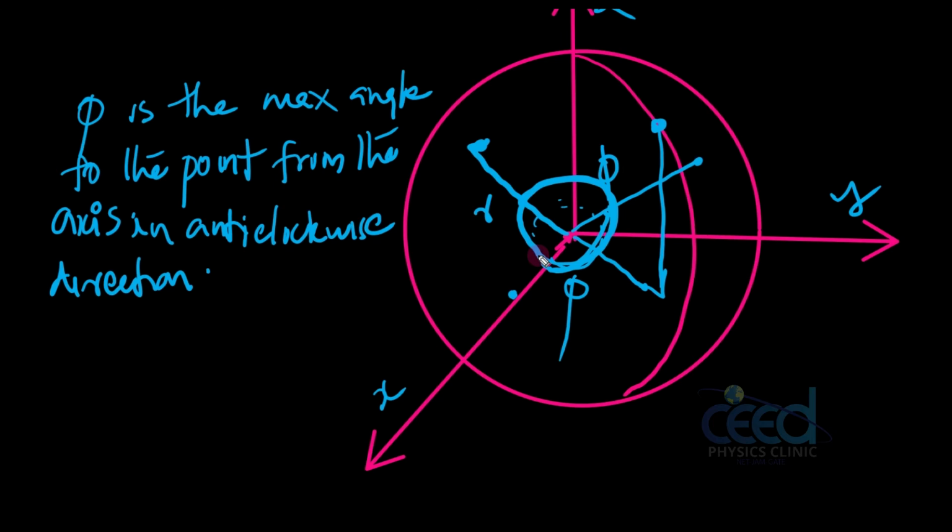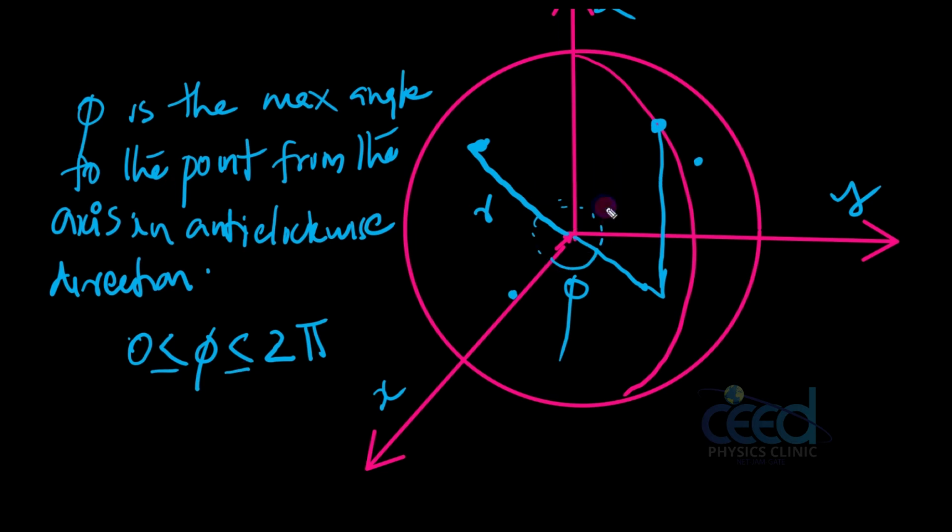So what is the range of phi? Phi can vary from 0 less than or equal to phi less than or equal to 2 pi. So it can have the value 0, 2 pi, or in between. So the maximum limit is 0 to 2 pi, right? Now what about theta? What is the range of theta? That is very important. So let us go to the range of theta.